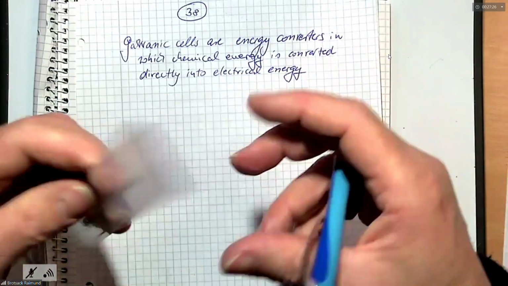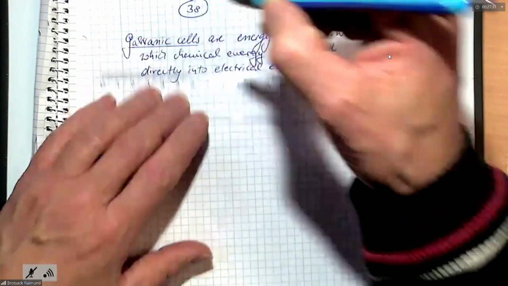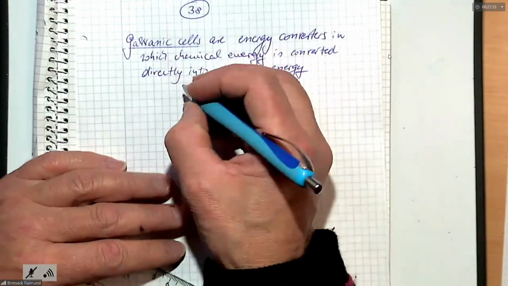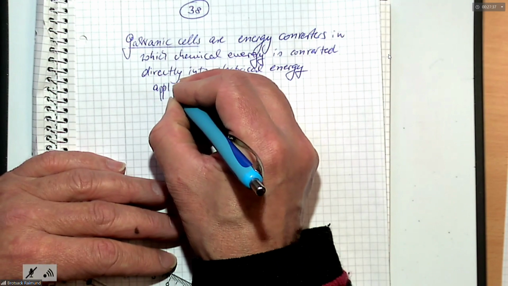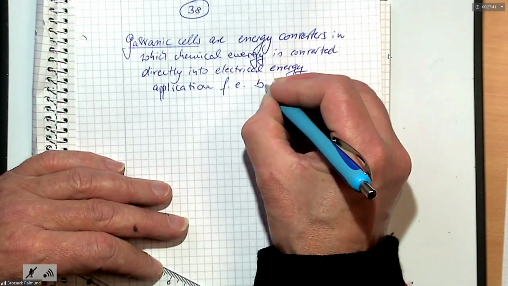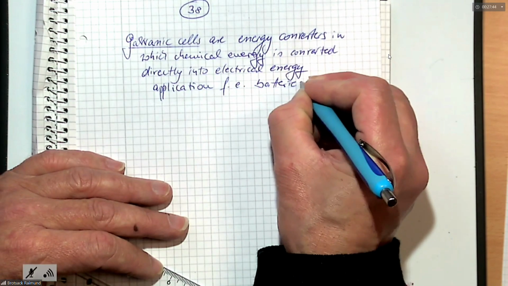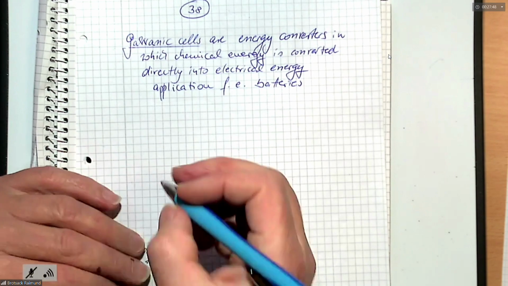So this is, at the end, we call them batteries. Most applications, for example, batteries. Accumulators